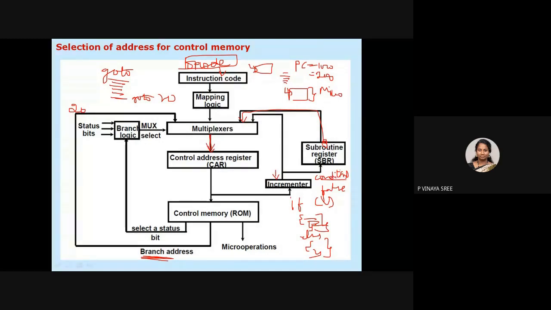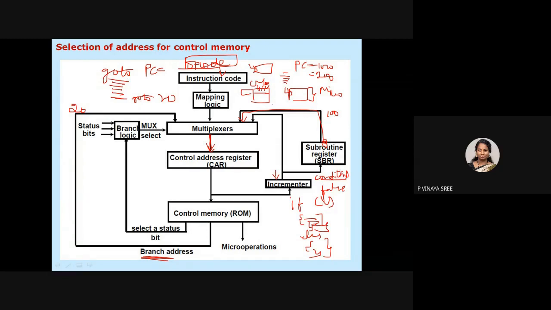We know that inside the subroutine register we have 100. It indicates this is the address. So inside the control memory, it has to go to that address, and whatever is there, called a micro instruction, inside that you will have micro operations. If it is executed, control signals will be generated. Then the program counter knows that next it should not store the next address; it has to go to the address where it is specified.